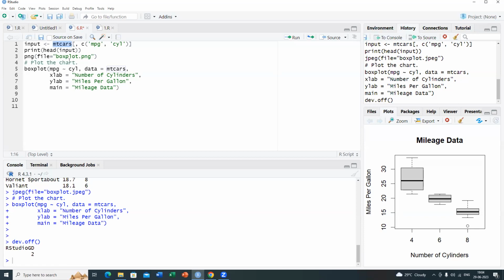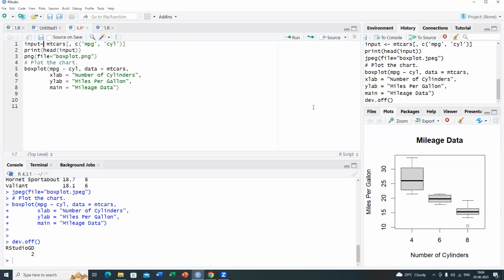So how to access this data from R into our script? First I have to declare one variable in which I store the values. If I want to take all the data set,